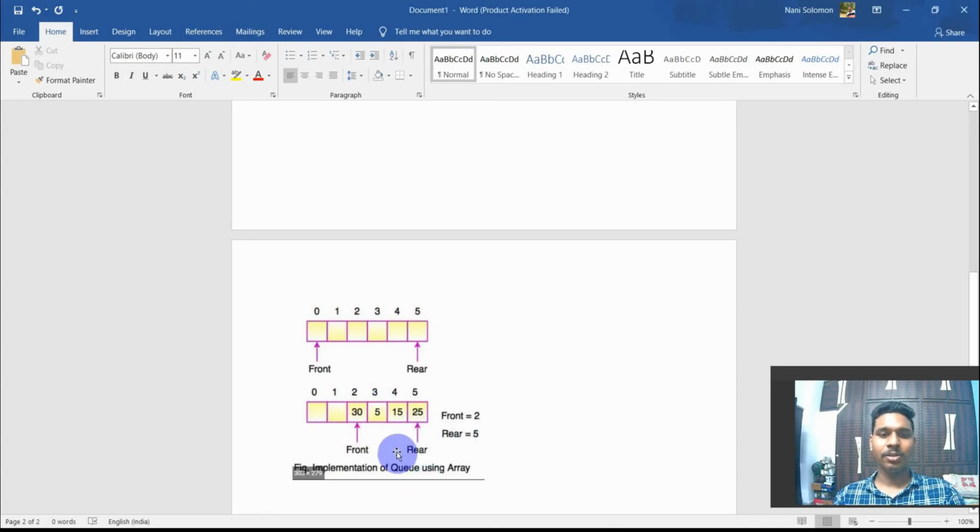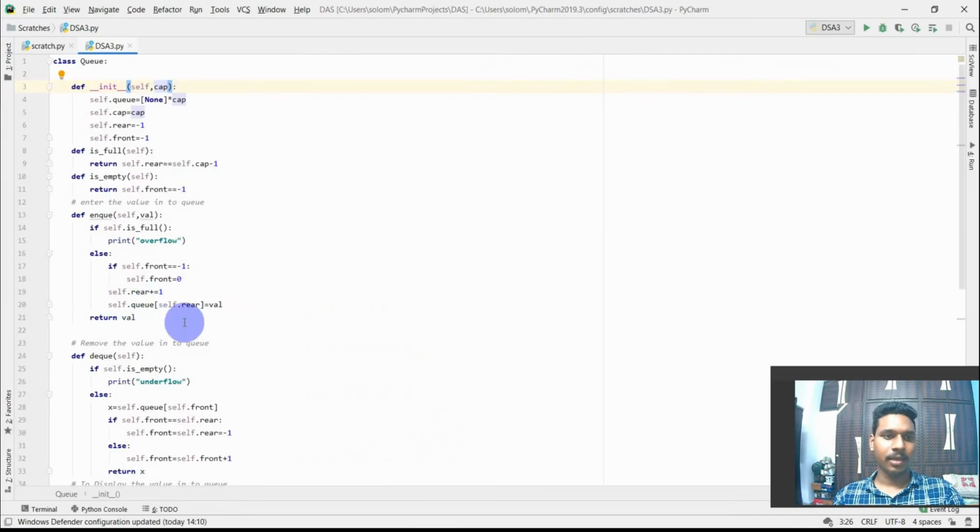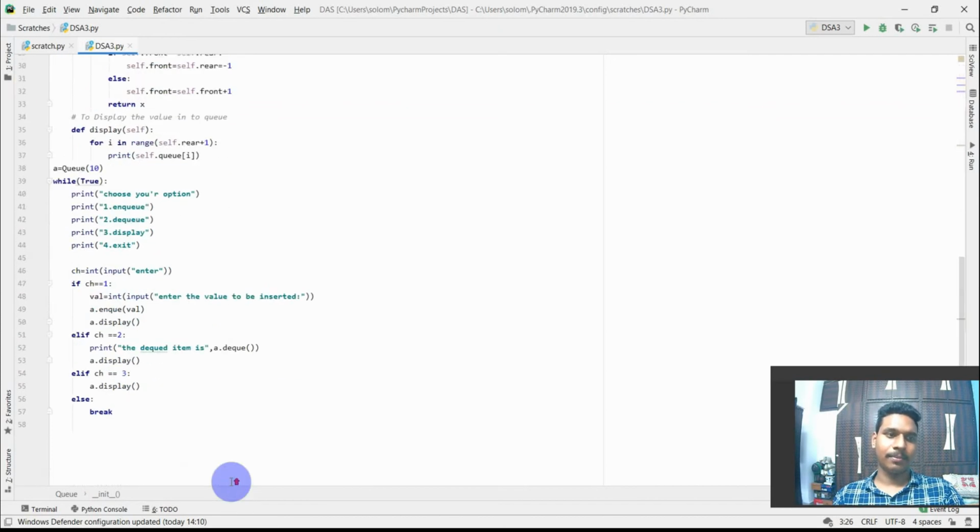When we enter a value, the front and rear values will be incremented, and self.q[self.rear] is equal to value. This value will be stored here and returned, so that it can be printed.